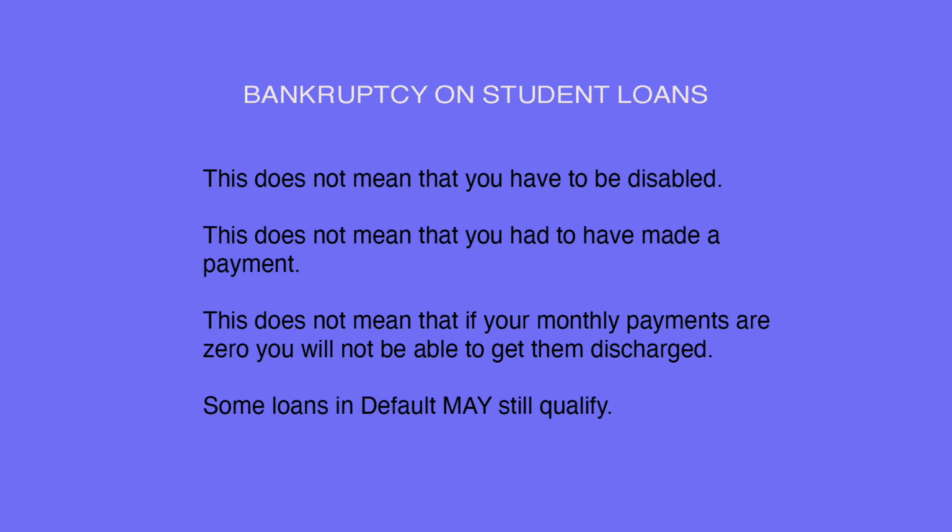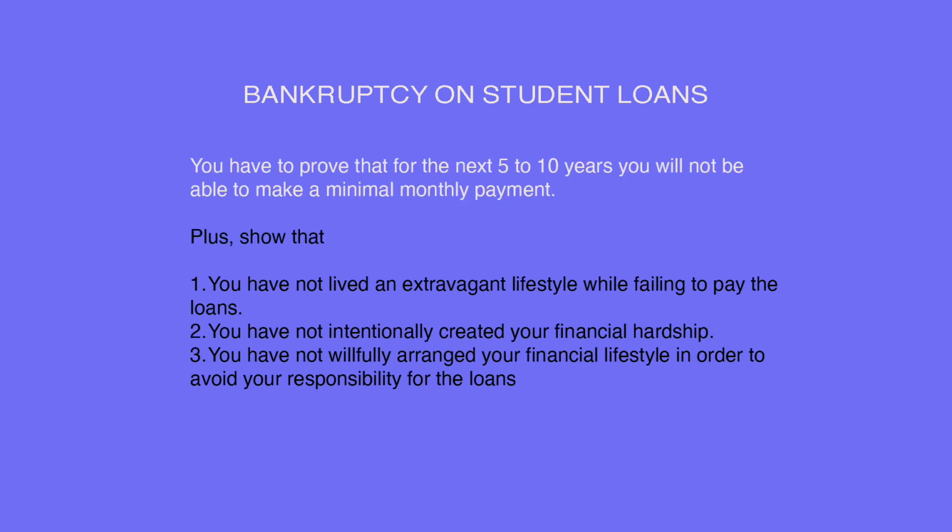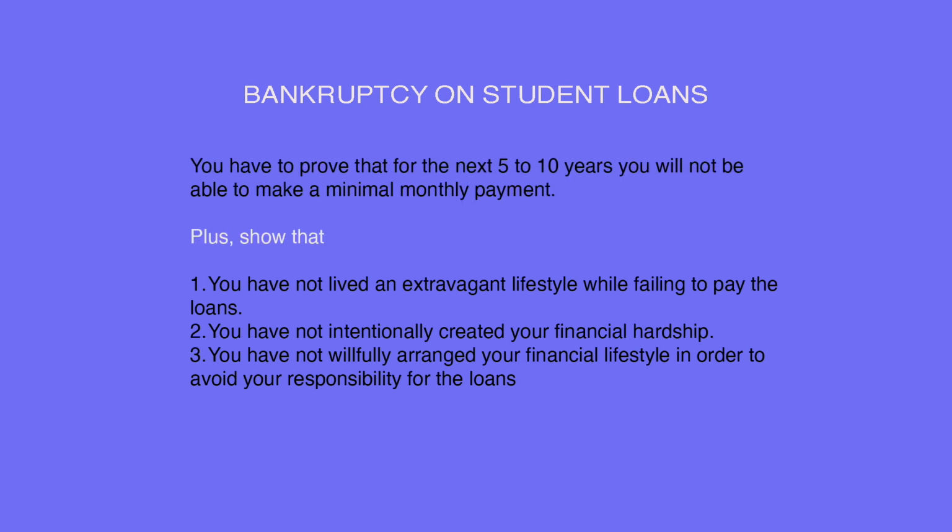This does not mean that you had to have made a payment. This does not mean that if your monthly payments are zero, you will not be able to get them discharged. Some loans in default may still qualify. Basically, you have to prove that for the next 5 to 10 years, you will not be able to make a minimal monthly payment. Plus, show that: